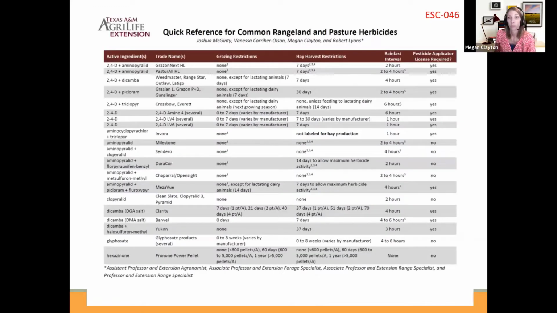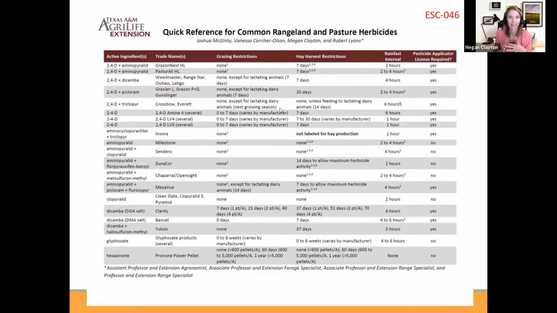And then I also wanted to point out, in case you weren't aware, that we have a publication. It's called ESC 046. Our bookstore likes to come up with odd long numbers. This is also on my website, that's southtexasrangelands.tamu.edu. It's a quick reference for common range and pasture herbicides, and Dr. McGinty led the charge for putting this together, but it's got all our active ingredients, what the trade names might be that people purchase those by, grazing and haying restrictions, rain fast interval, which is like, you ever get those